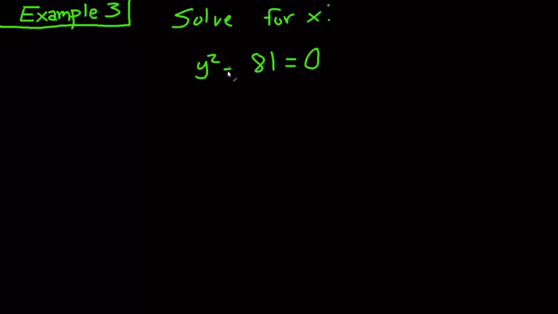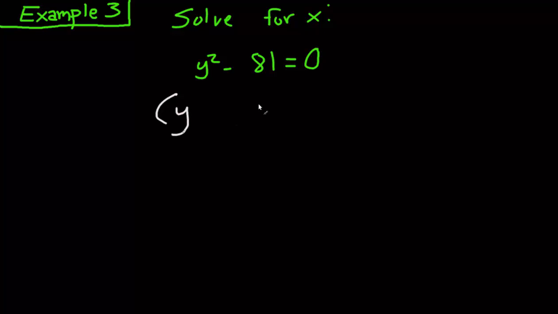Okay, and we have this little negative sign right here. Guys, this means that we have our best friend in factoring, a difference of squares. Okay, this is a square, this is the difference, and this is a square. And guys, anytime you have that, this could be x squared minus 4, y squared minus 9. Anytime you have a square here and a square here and a minus sign here, you know that we're just going to have